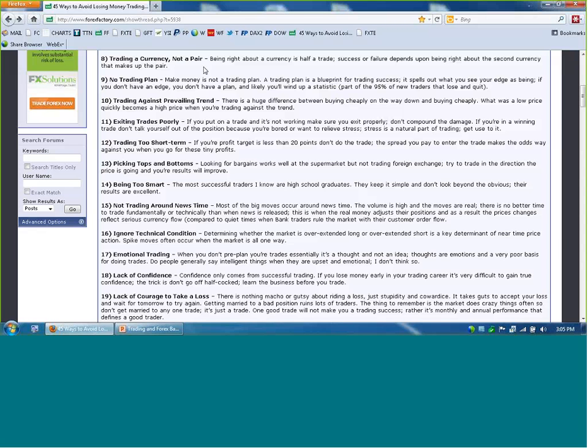So instead of trying to pick a bottom, we may see it go down to what we think is low levels on one time period, let's say an hour, but then we'll go to a 5-minute chart, and when that's going up, we'll buy it. So we're always trying to trade in the direction things are actually going, because with all other things being equal, you want to be trading in the direction it's going. Because it's more likely to keep going than it is to turn around and go the other way.